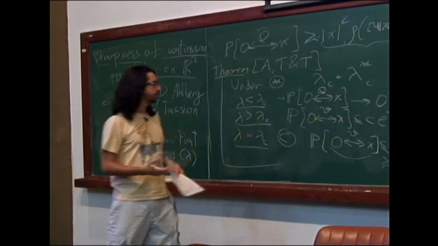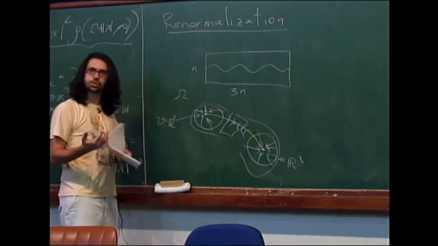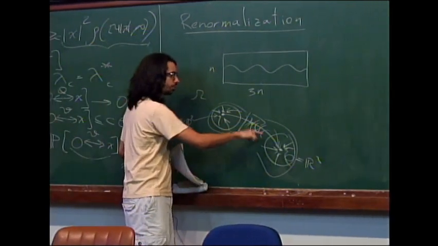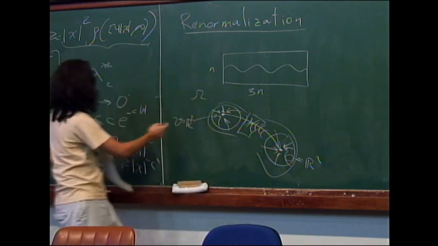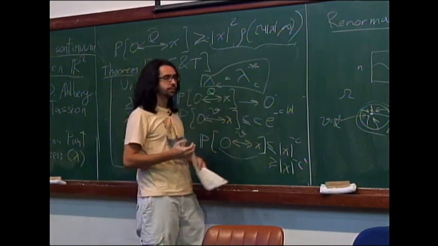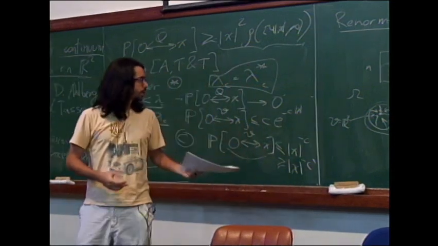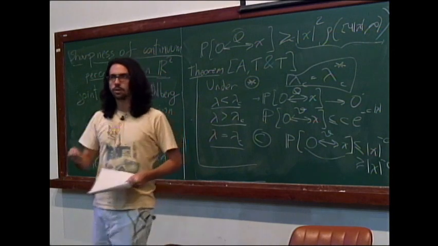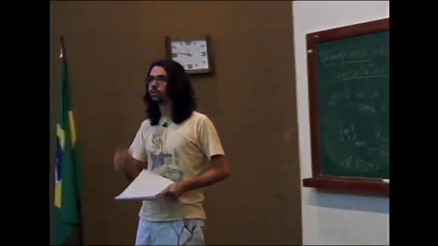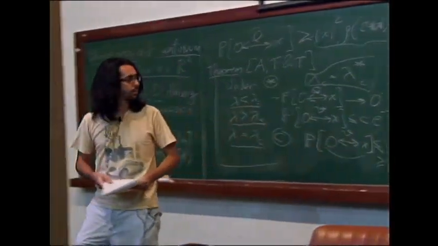The big difference is that the argument to show that these two balls actually touch each other at the critical point. So the attractors for the supercritical phase and the attractor for the subcritical phase, they touch at a single point. And this argument is called Russo-Seymour-Welsh, and it's a bit more robust. So that's the message that we're trying to convey, that people should massage more the Russo-Seymour-Welsh, because I think it's connected to something that we should have any idea about how it works, and for now it's still very hopeless. I think it's a point to stop. Thank you.